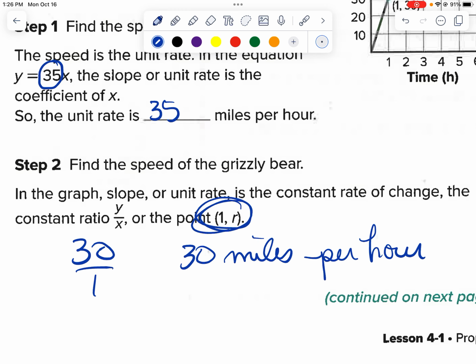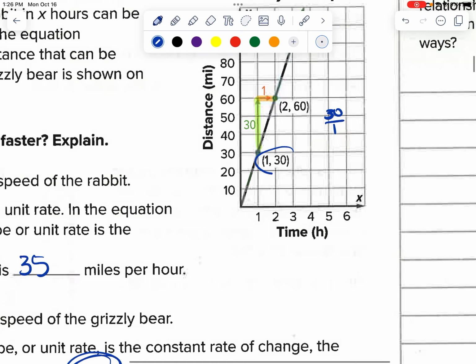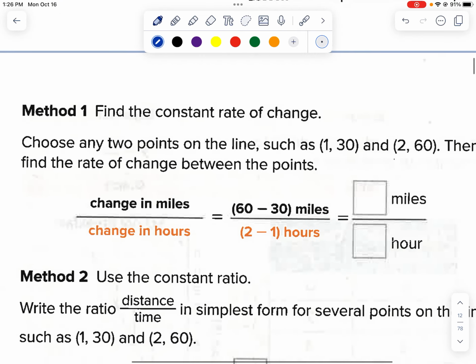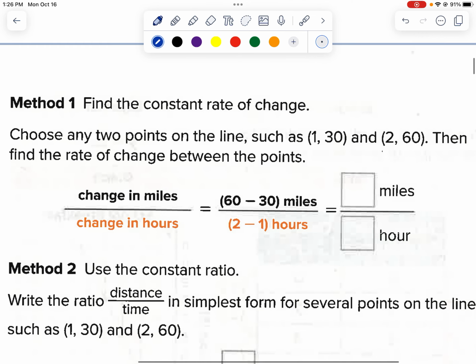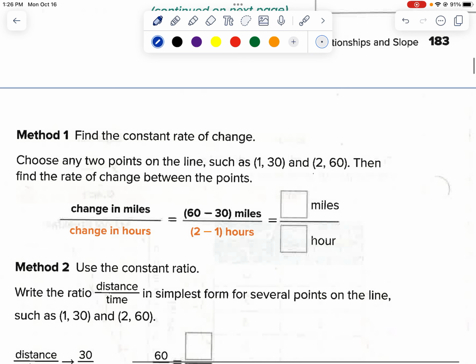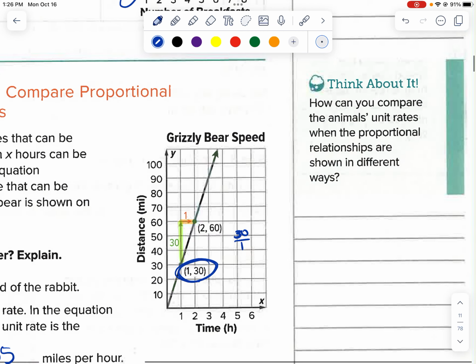Also, you can look right here, as long as it's proportional. Choose any 2 points on the line. So we could have done any 2 points. I could have picked, instead of picking the 2 that I did,